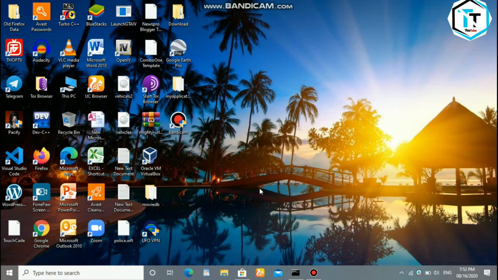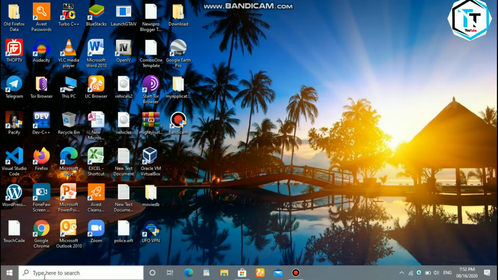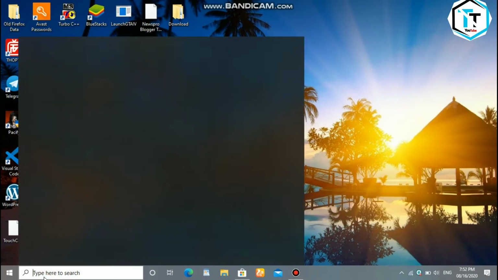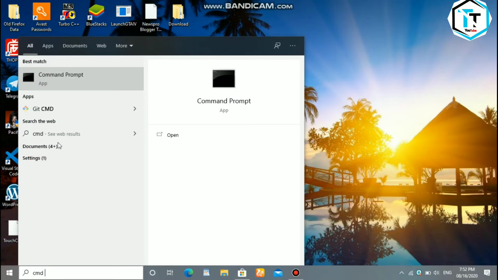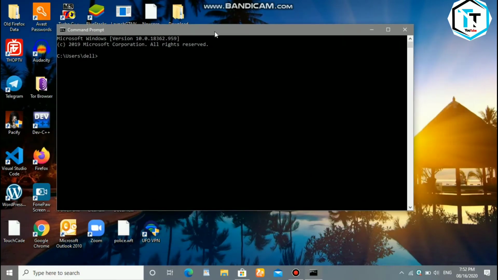After that we need to install Kali Linux on our command prompt. So I will close that and start again. Run, type cmd here, and go to the command prompt first. This type of window is shown on your PC. Just type kali on your command prompt, and after that it will process some requests.